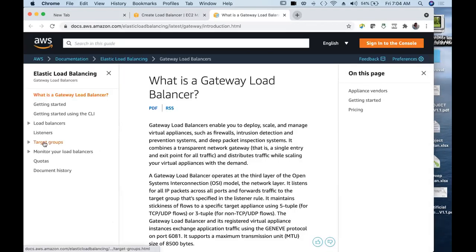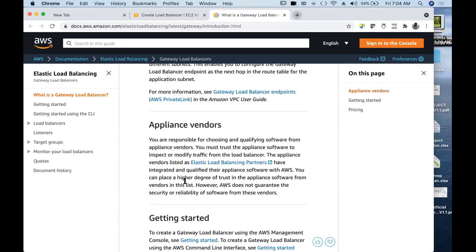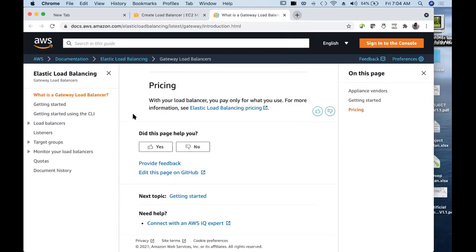Let me show you what is gateway load balancer. You can go through this, and here, let's say getting started.